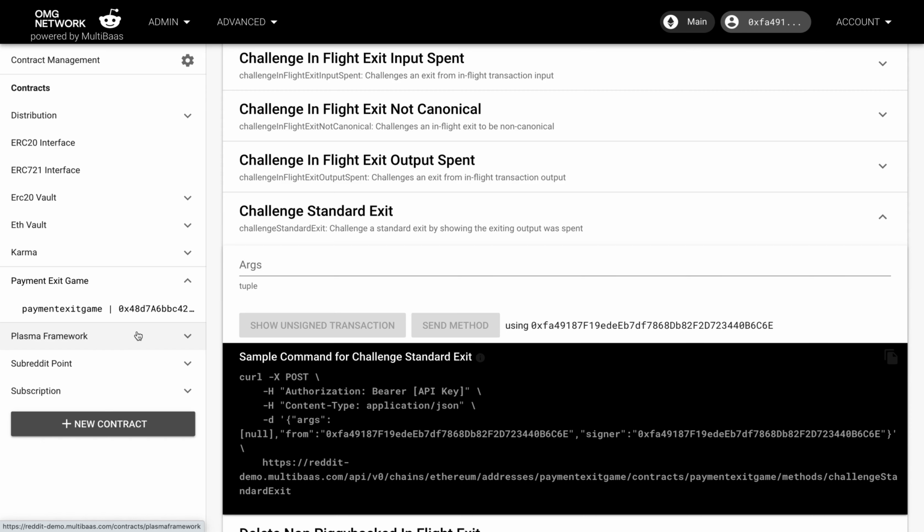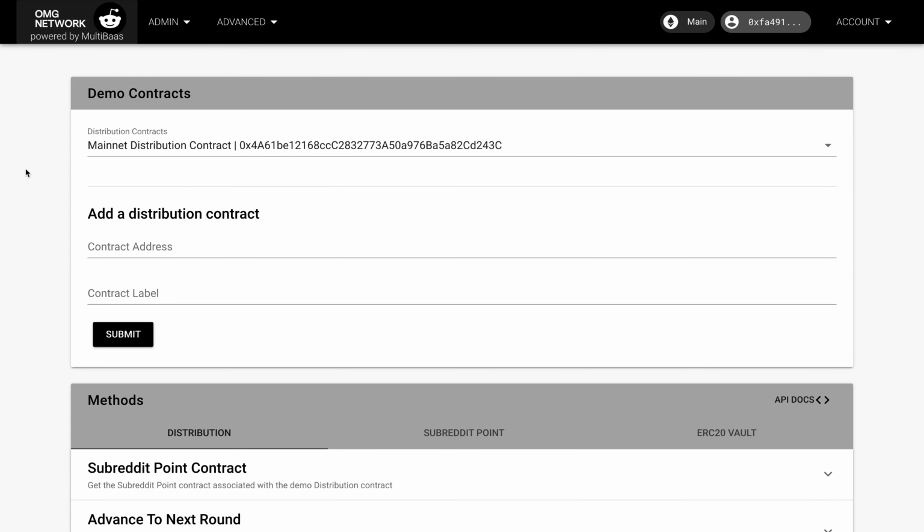So that is a quick tour of the OMG Network Community Points Engine dashboard for Reddit subreddit moderators and